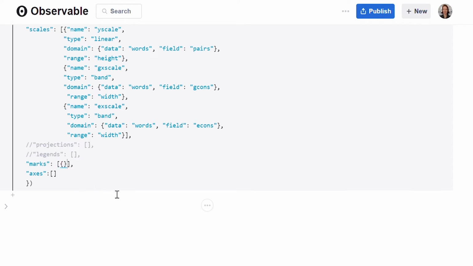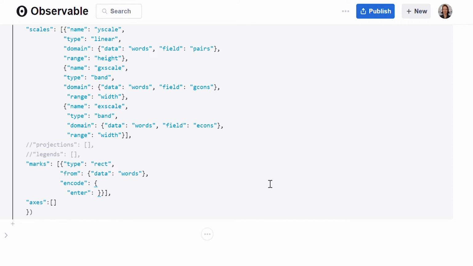In this case, we're going to use the rectangle mark. So it takes the type property, we set that to be rect, short for rectangle. We give it the property from and tell it that it's from the dataset words, and then we tell it to encode. It takes, this time, on enter, when the mark is created. We're not going to do anything with the mark. Instead, on the update property,